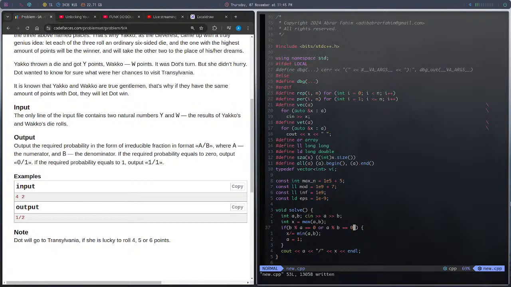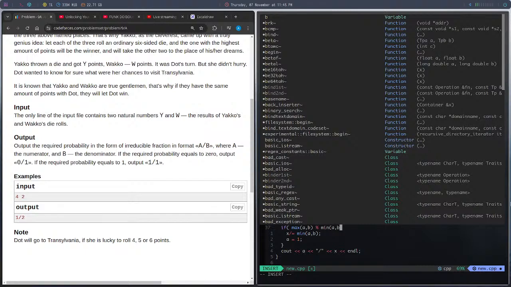It requires the probability equals to 0, so you have to also say that. But if it's 1, it will be divisible, because one of them will be divisible, right? So we have to go with the max. If max of a and b is greater than minimum of a and b,